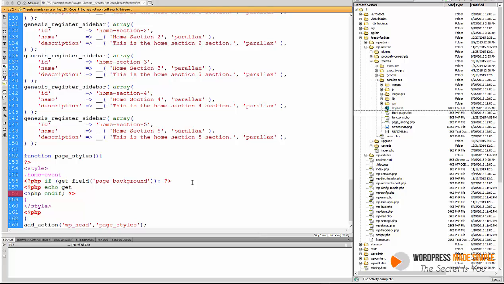get field page background. Now we may need to grab the actual number of the page ID, but we're going to see if this works. I believe that we need to add the ID, but I really can't remember, and we'll just figure it out and make sure that we do it correctly. So here we go. We're saying if the get field page background is set, then we want you to echo